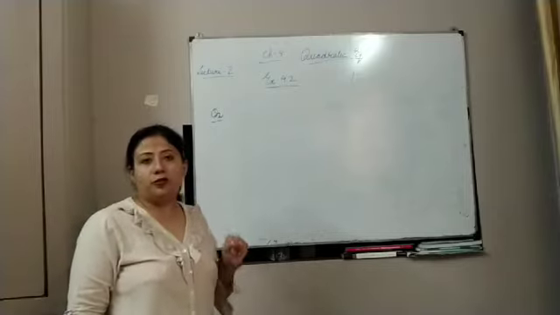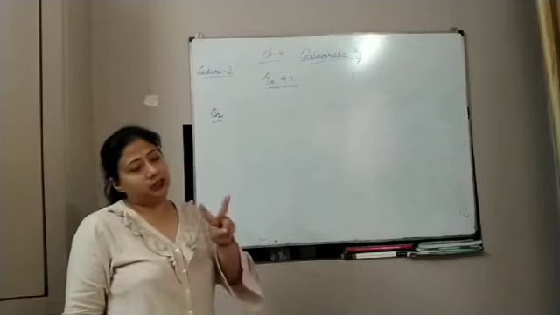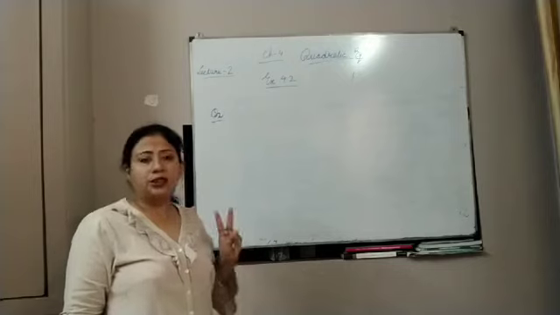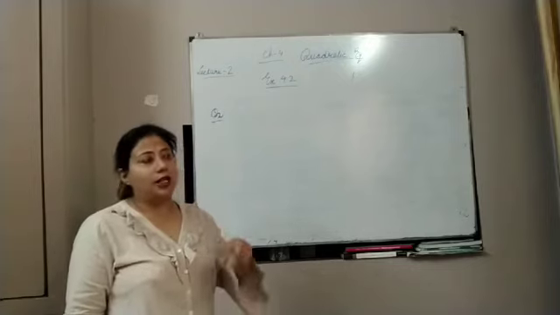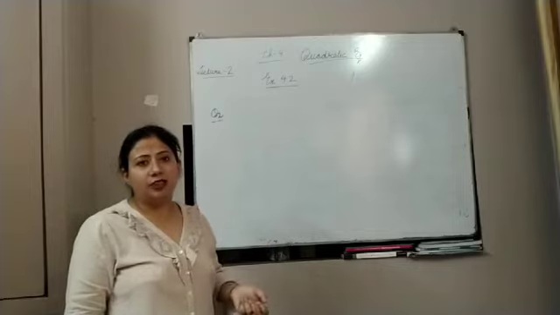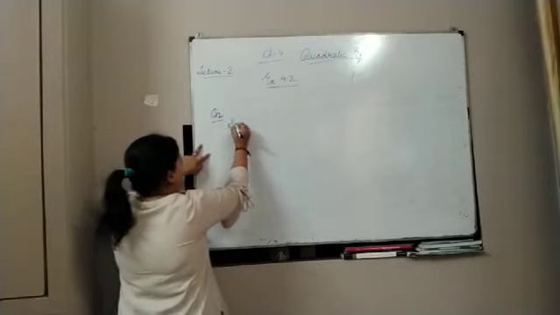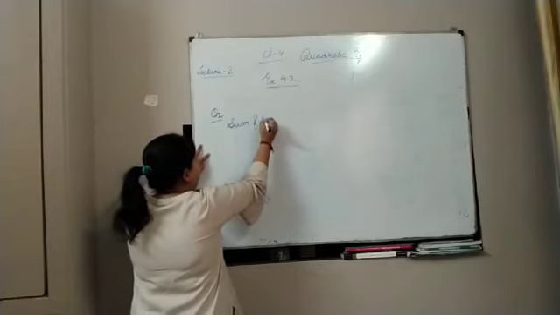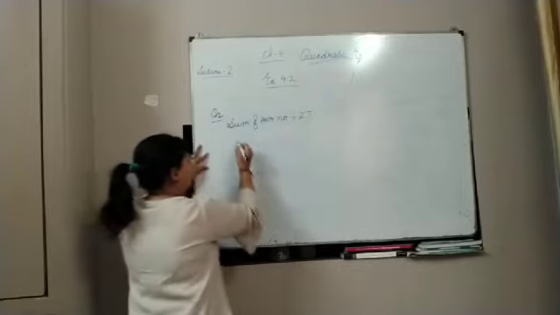You don't know any of the ages, neither mine nor my brother's. I am saying the sum of 2 persons' ages is 27. We'll say let one person be x and the other person is 27 minus x. So in this question the sum of 2 numbers is 27. Let